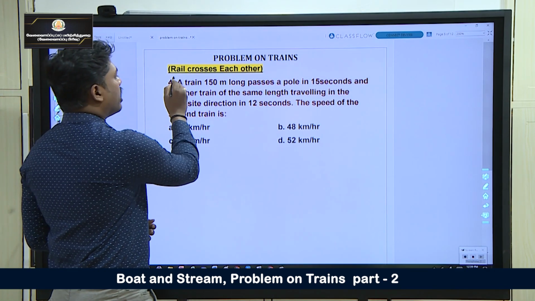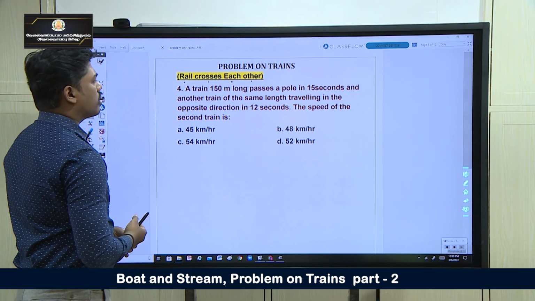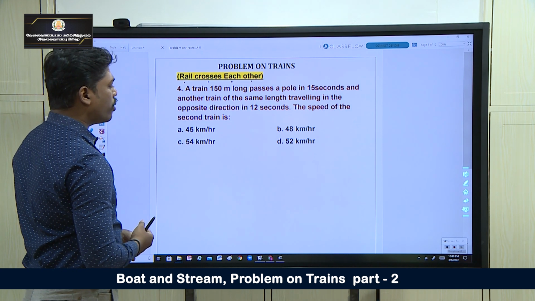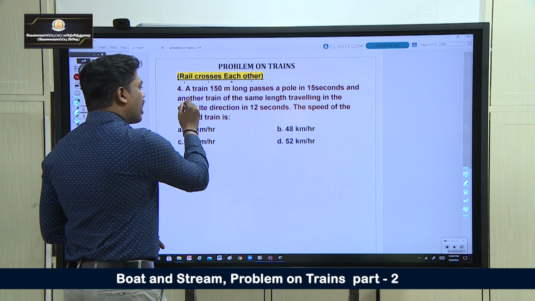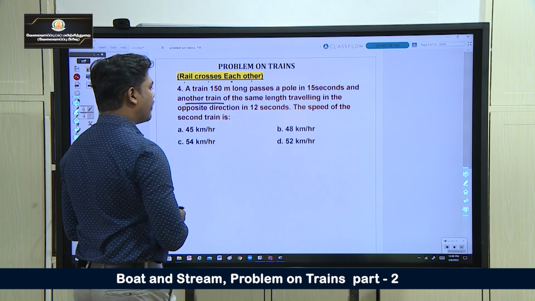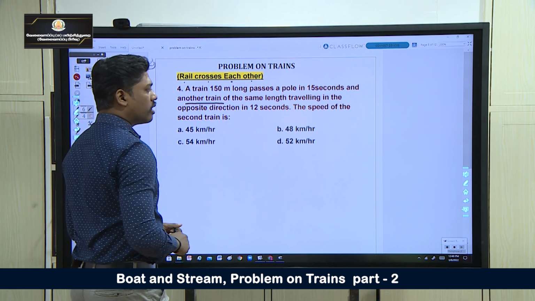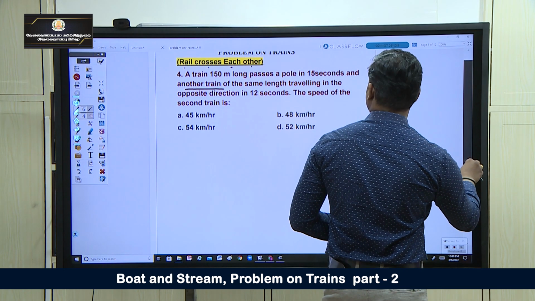Yeah, look at here. It is like trains crossing each other. A train of length 150 meter passes a pole in 15 seconds, and another train of the same length traveling in the opposite direction in 12 seconds. The speed of train is what? So look at the question carefully. What they are telling here is,